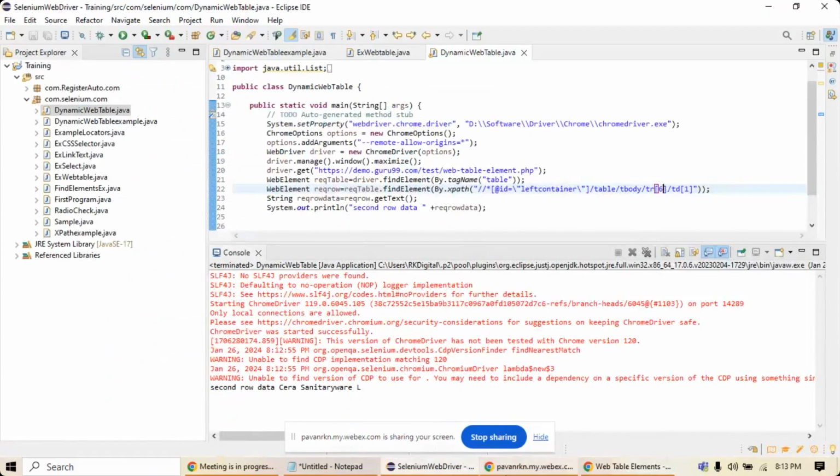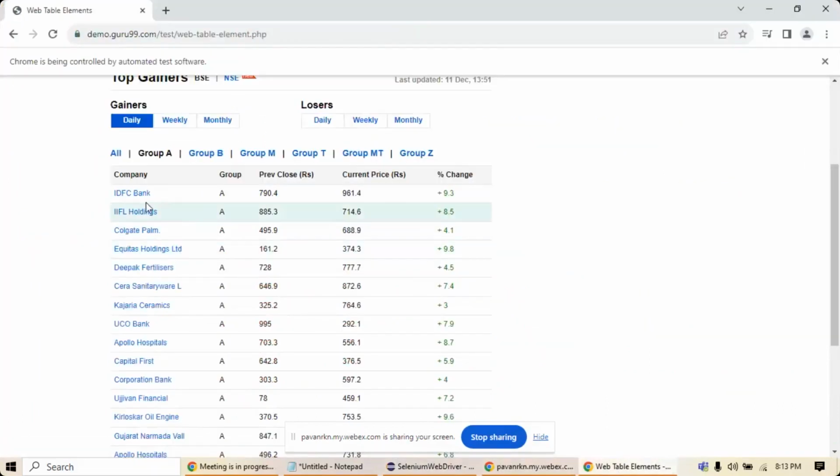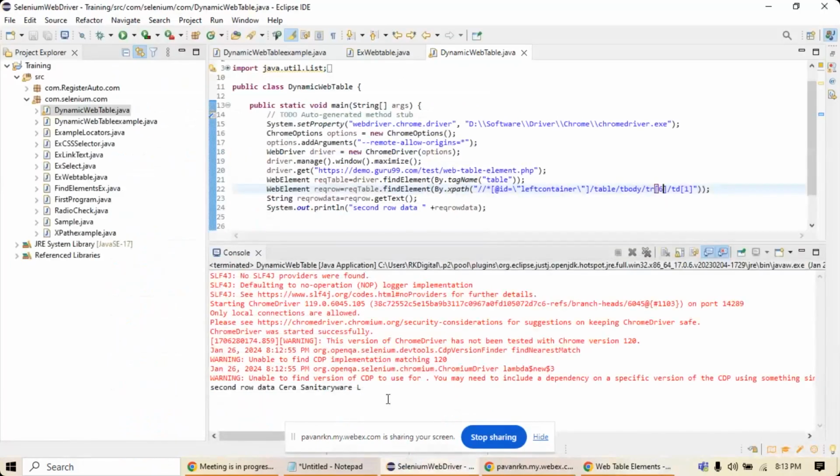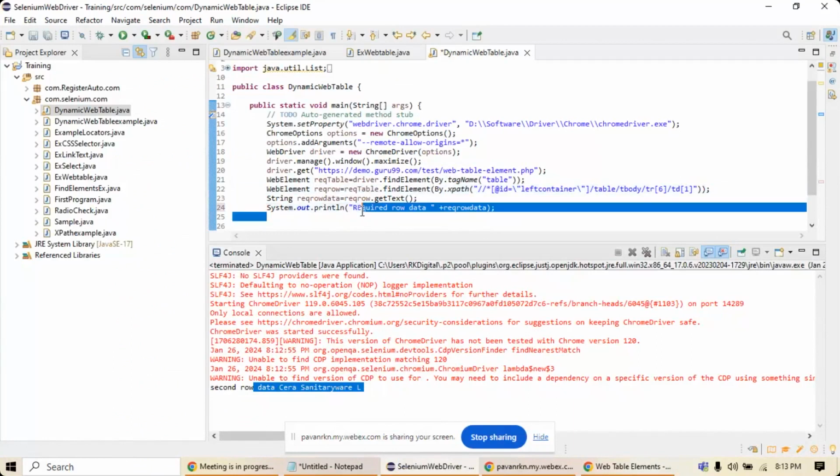So TR6, what is TR6? Let's see. 1 2 3 4 5 6. See, Sarah Sanitary Ware, that is what is displayed. Second row is just what we wrote, right? So you can write whatever you want. If you don't write required data, what you write will be displayed. So this is our own message. If you want to make it generic, you just need to pass the parameter, whatever you are